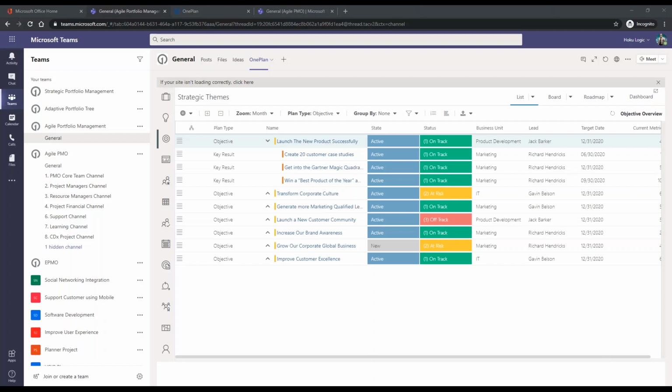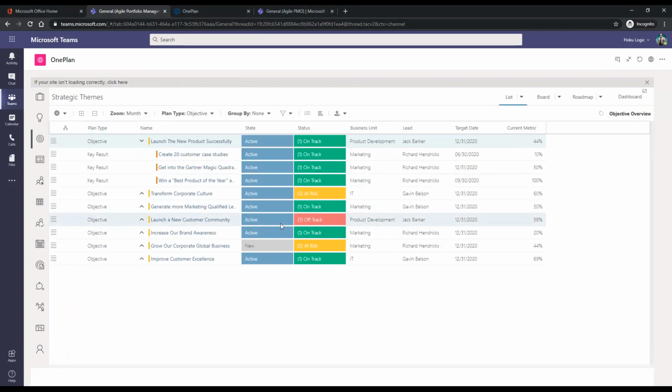Okay, so I'm going to start with OnePlan within Teams. I also have it outside within a browser, but I will start within Teams just to make the point that we can integrate directly within Teams. Just a quick overview of the solution. One of the new features that we have is called areas, and basically you can isolate any part of the planning hierarchy and features and data sets using areas. So in this case, I'm showing strategic themes, which is the area that I'm on. In a second, I'll jump to ideas just so you see how we can